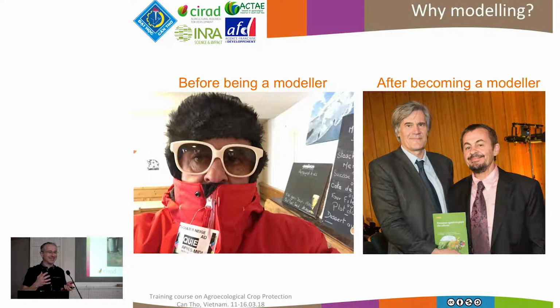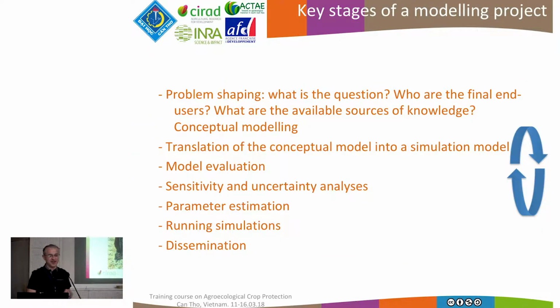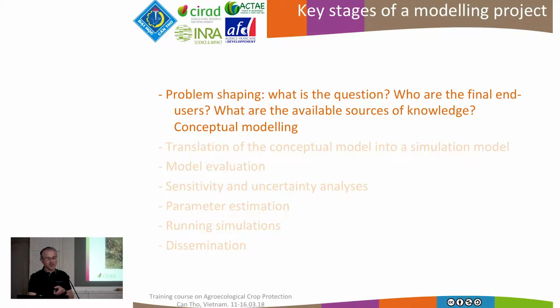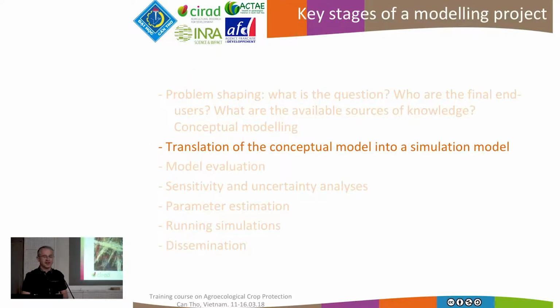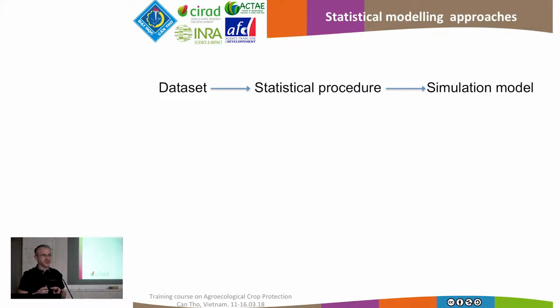It can be something that is static, like this, but it can also be a dynamic point of view on a given system. It can also be very detailed, and some models are really very complex and integrate a lot of detailed knowledge and detailed processes. It can be less detailed. In some cases, we have to select which processes we integrate in the model. And in other cases, it can be extremely simplified and even theoretical. It's also a question of scale.